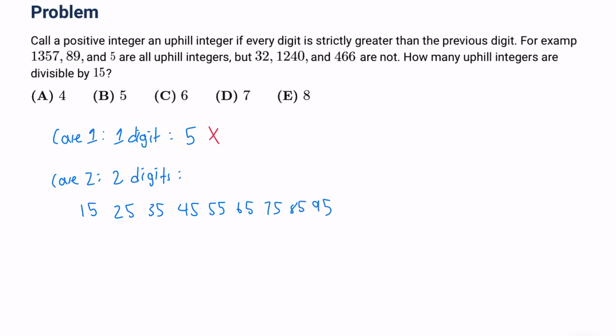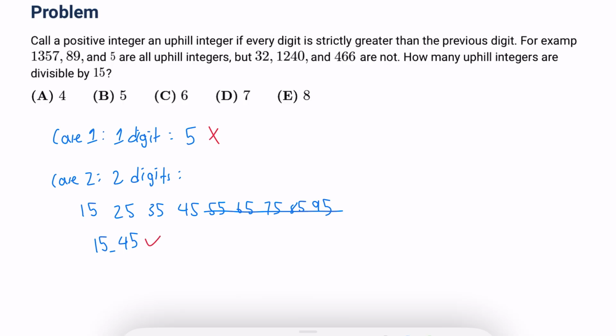Obviously all the numbers greater than 55 would not work because those are not uphill integers. But then looking at 15, 25, 35, and 45, only 15 and 45 work because 25 and 35 are not